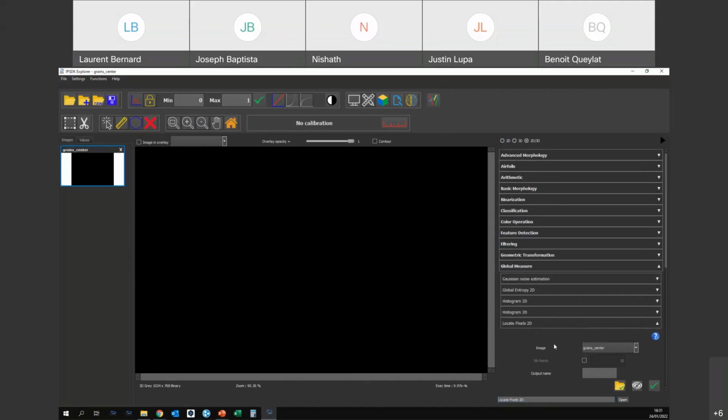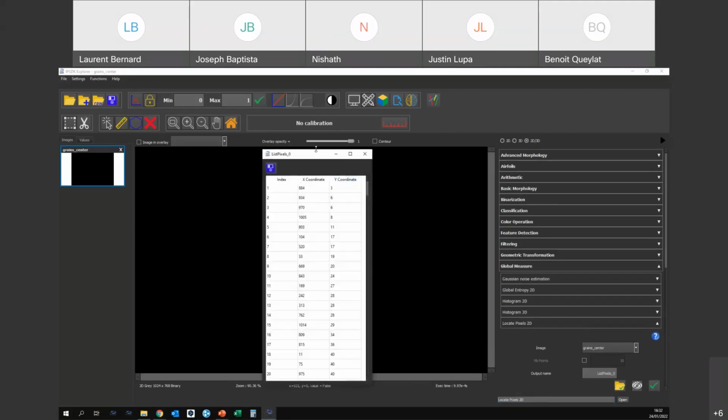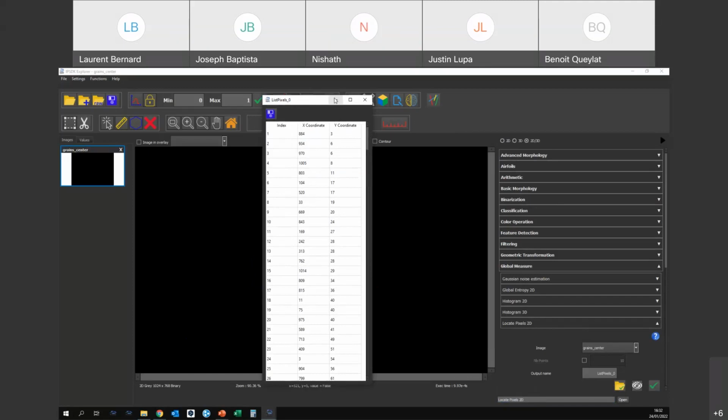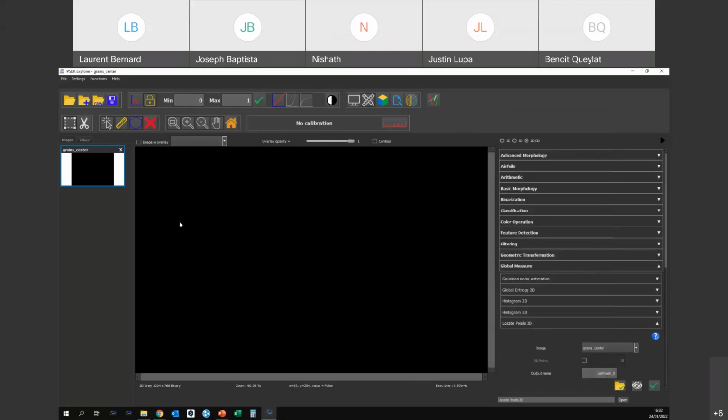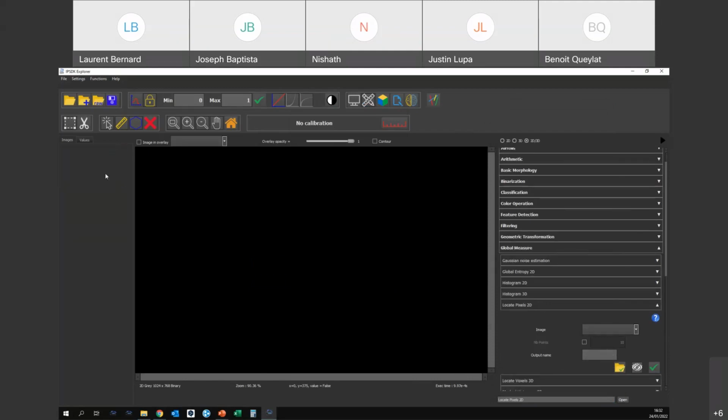feature called locate pixels. As you may have seen, we also have the same with locate voxels if you are working in 3D. And now you can get a table with all the positions of your points. Very interesting, if you need to use them, once again, for seeds, for watershed, or for whatever. Another thing that we added is the possibility to create label